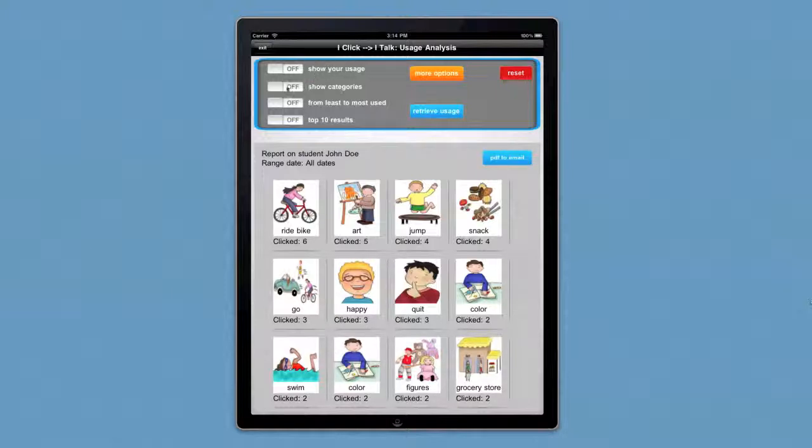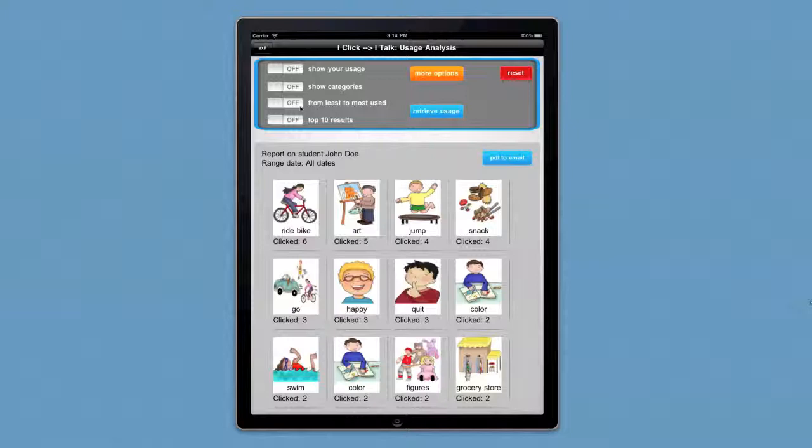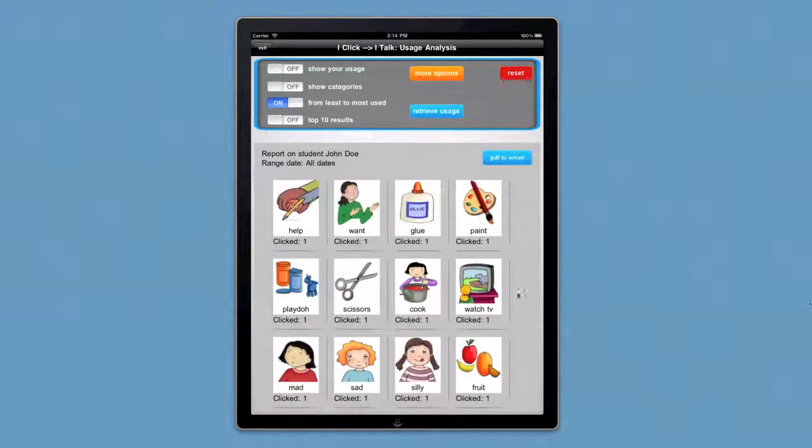But looking down, instead of seeing all of the images, you can turn on Show Categories. And when you choose Retrieve Usage, now we're looking at the images of the categories for all dates. And again, you could change the range of dates if you needed to. We can also change the order in which they're viewed, from the default of most to least to least to most. And when we click Retrieve Usage,